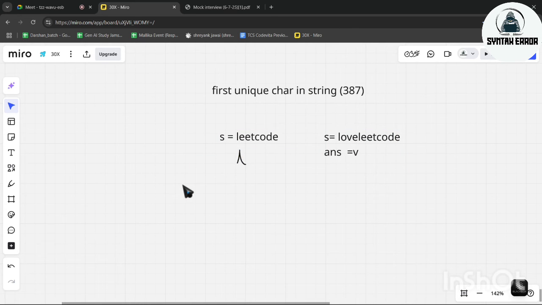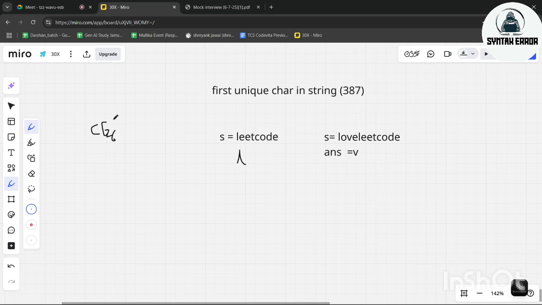So for now, let's take the first example. Now what we will do, we will follow the same structure which we followed for the previous question. We will take an array called C, and the size of that array will be 26.